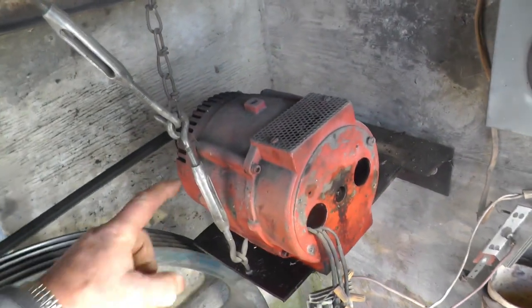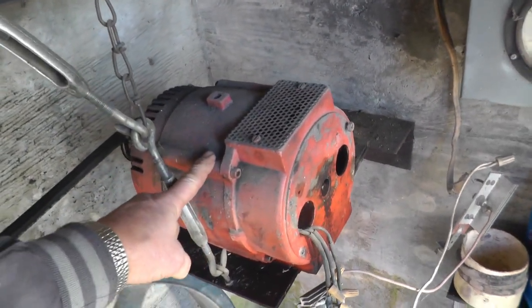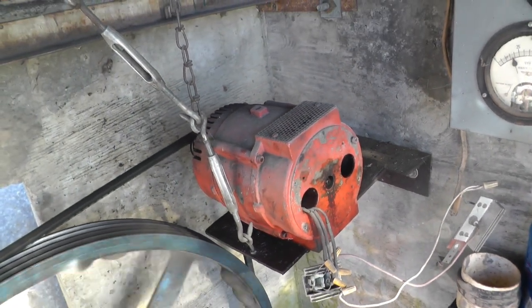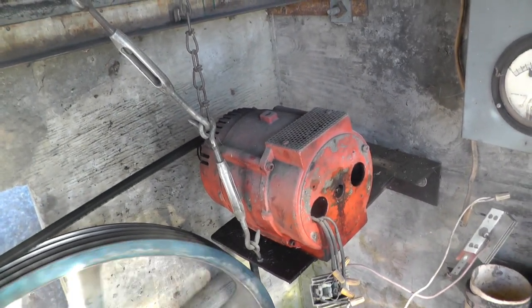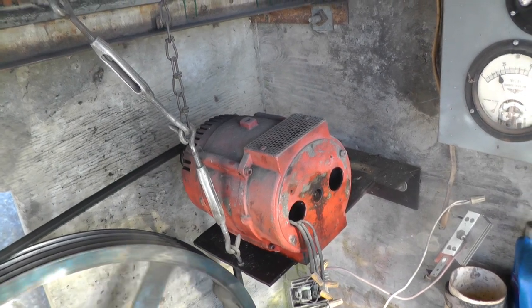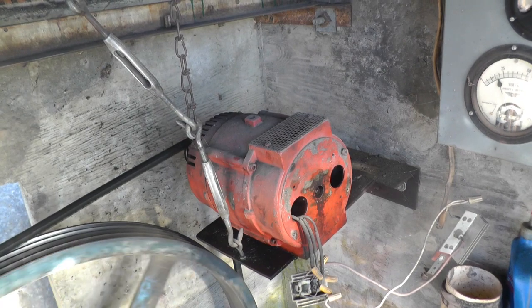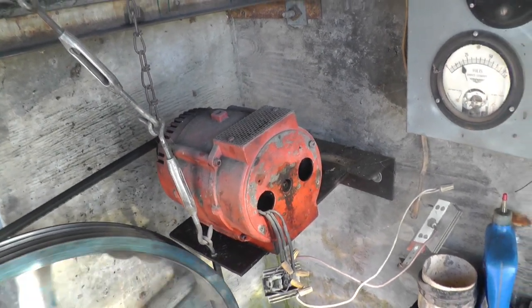And this generator I had using as a windmill for a while, and I'll show you the blade for that. I carved my own blade for it. And I've also tried